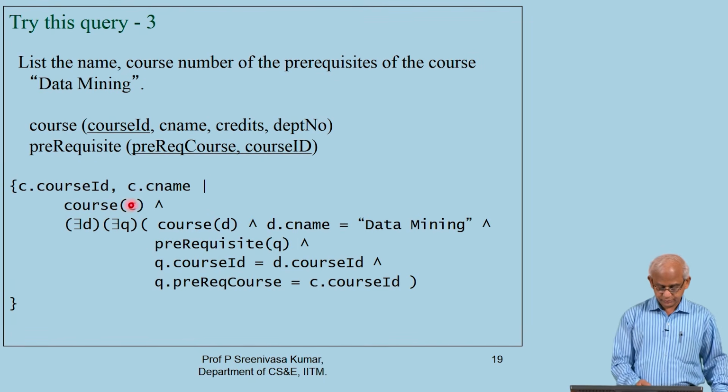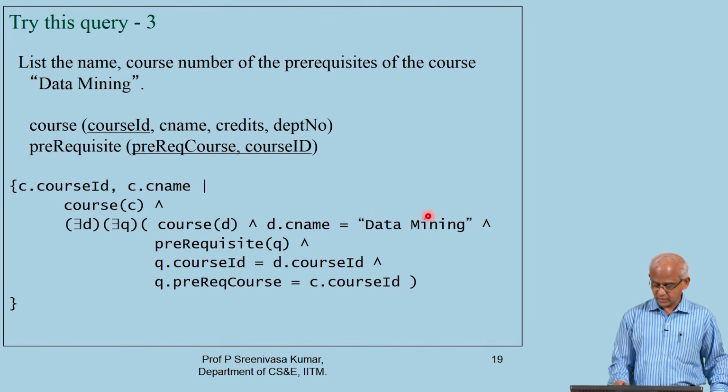So, we want to report the course number and also the name of the prerequisite. So, we will introduce a free variable on course, and then report course ID, course name such that C is a course, and now we are looking for the condition that this particular course is in fact a prerequisite of the data mining course. Okay. So, that means we are checking for the existence of two tuples, there exists D and there exists Q, such that D is a course and